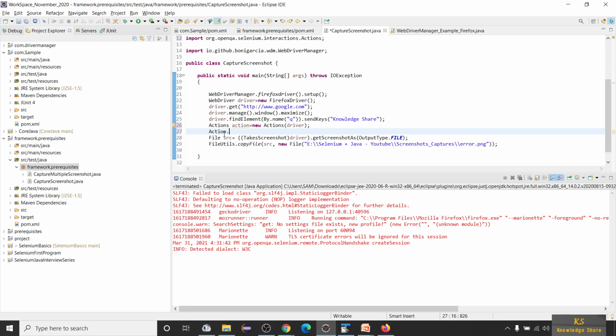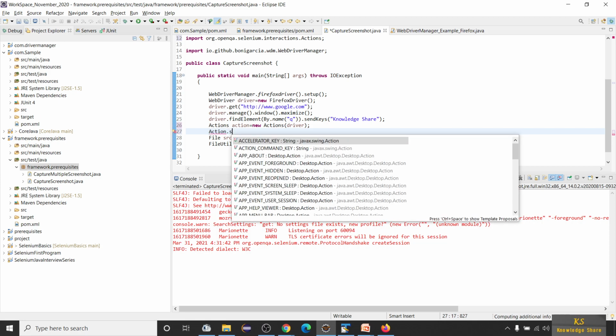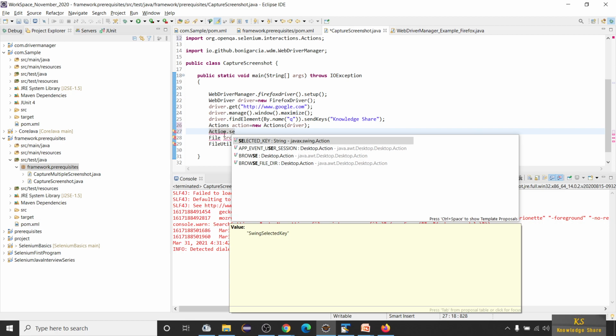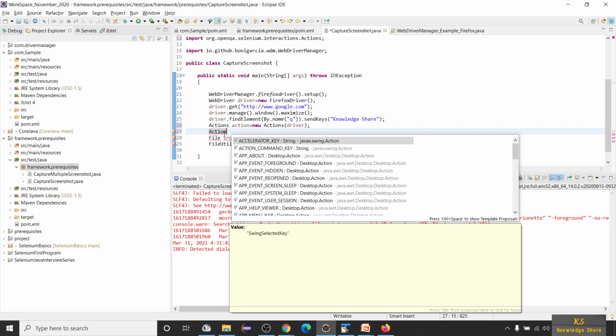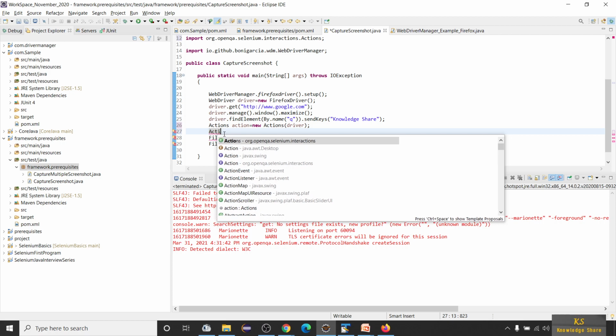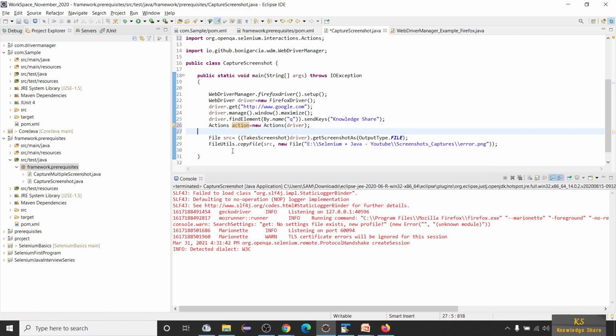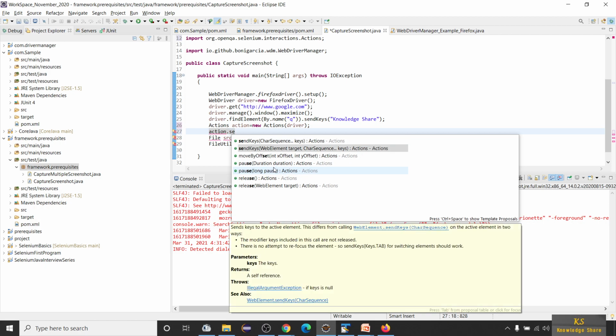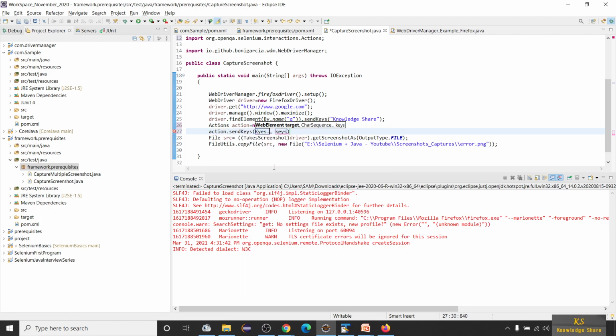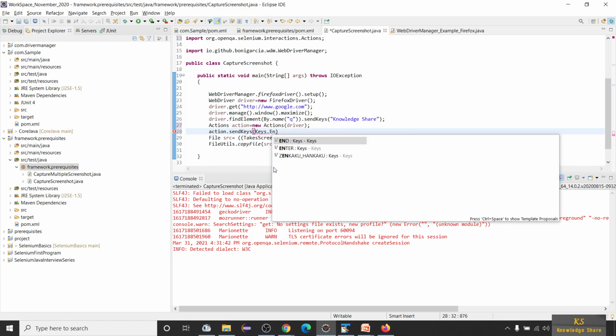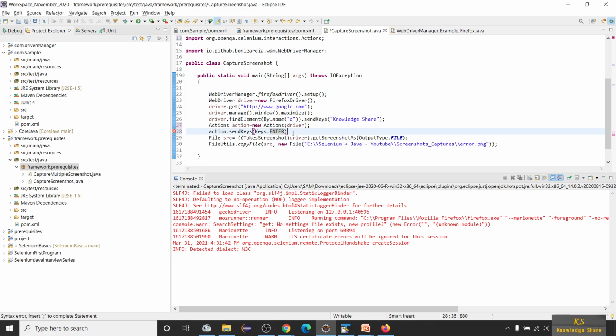Okay, action.sendKeys(Keys.ENTER). So this is a statement for pressing enter rather than clicking on that page.